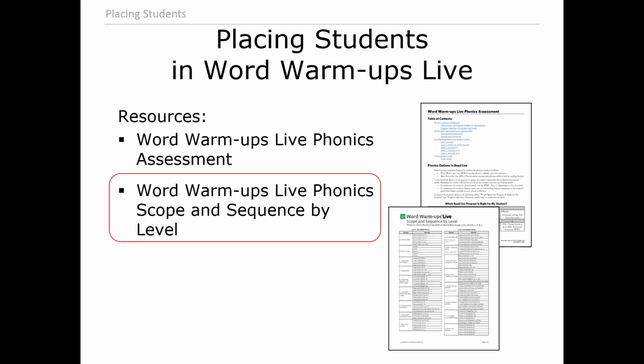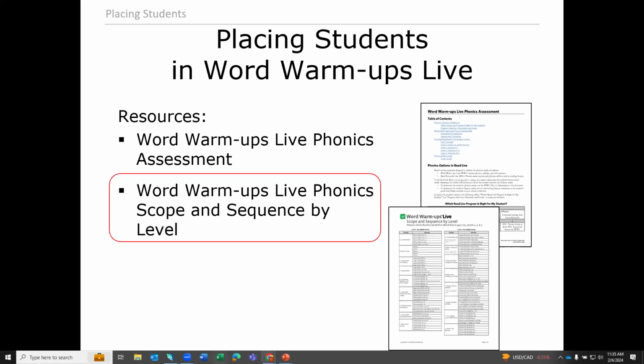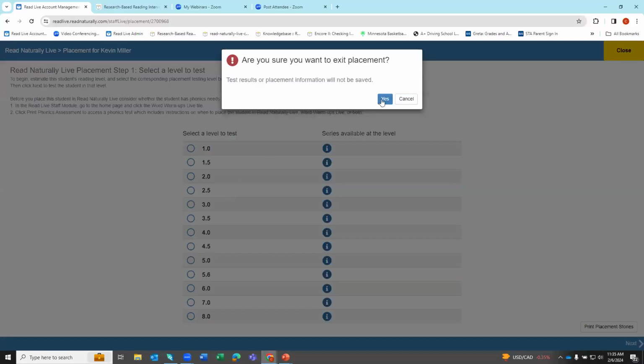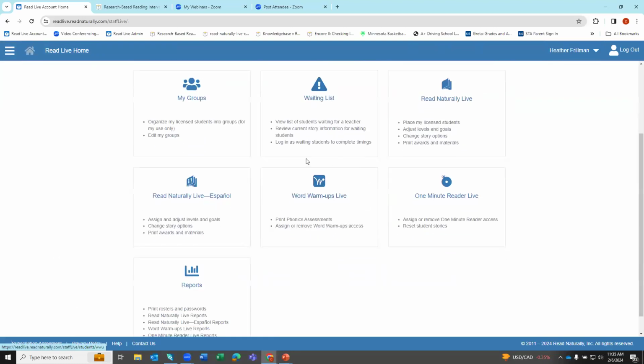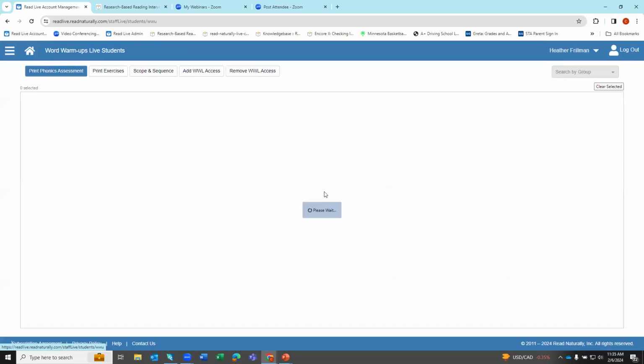Okay, I can show you how we can get to Word Warm-Ups within the account. Why don't I just do that real quickly here? So when you are logged in to Read Live, notice that there is a tile marked Word Warm-Ups Live. Okay, if I click on that tile,